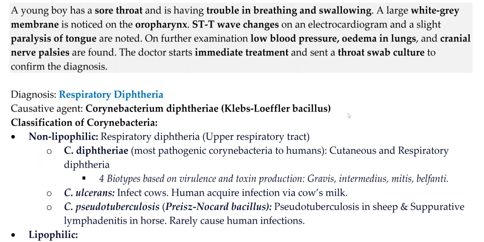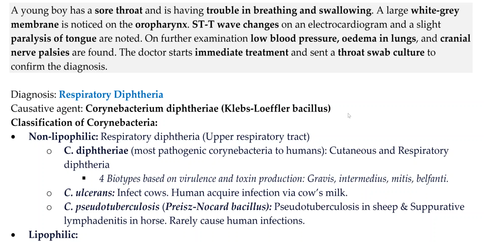So, as all of you have guessed it right, it is respiratory diphtheria, and the causative agent is Corynebacterium diphtheria. It is also known as Klebs-Loeffler bacillus, and we'll come to how we have diagnosed this. But before starting further, let us understand the classification of this bacteria, that is Corynebacteria. And though Corynebacterium diphtheria is the most pathogenic among all the Corynebacteria, it is worthwhile to note other Corynebacteria